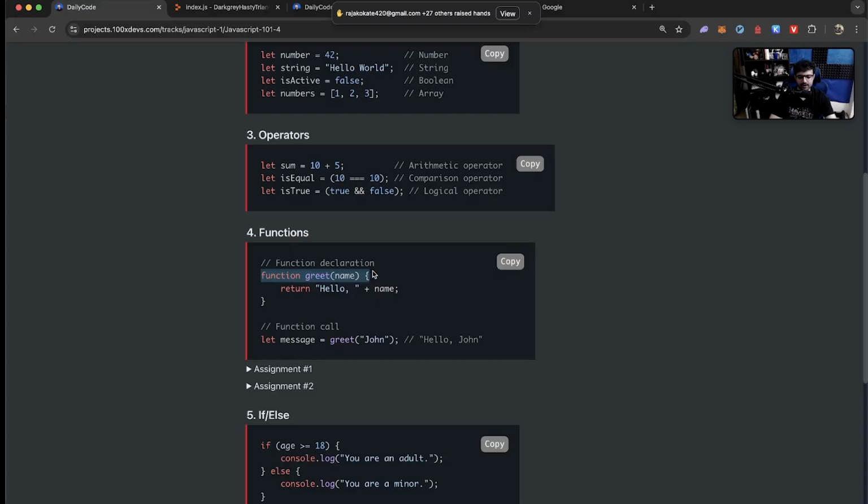A function, as the name suggests, lets you define a function, which means, okay, bhai, you are supposed to do something. Please do the thing I'm telling you to do. And then I will use you many times. It is like you have created a worker of your own, a helper of your own. कि भाई तू ये काम करेगा. You are supposed to do this thing. And then you just keep calling that helper again and again. कि भाई greet कर. Go and greet John. Then go and greet Harkirat, let's say. Let's understand this a little bit better.